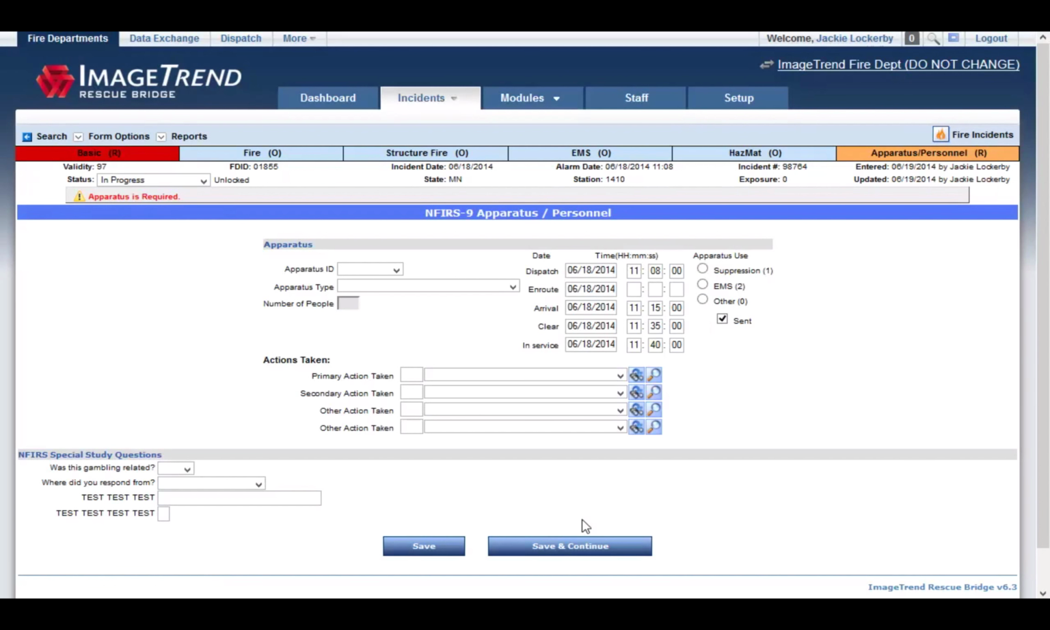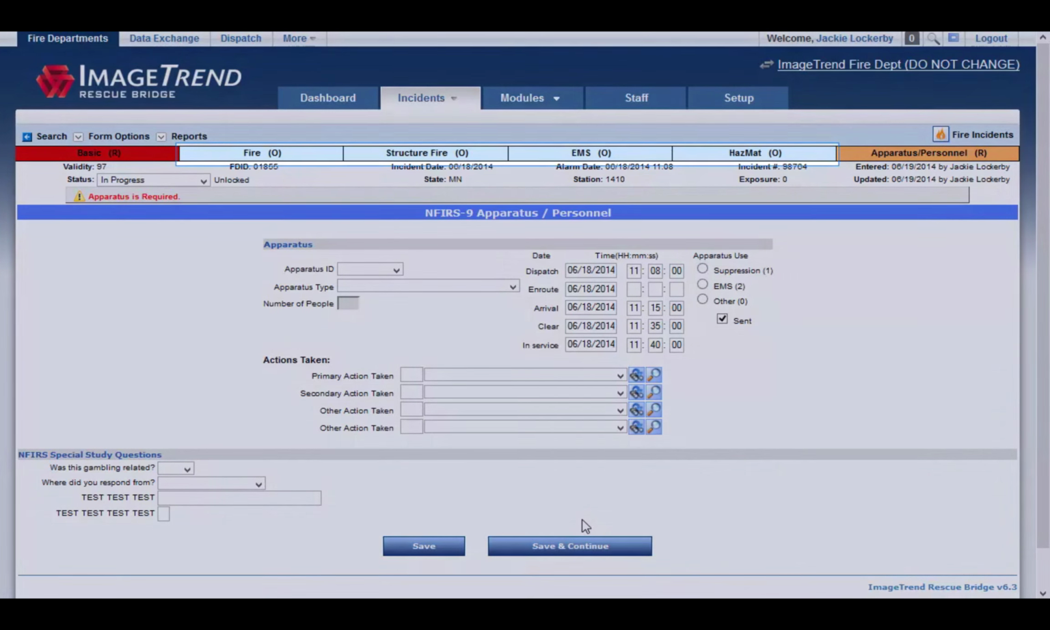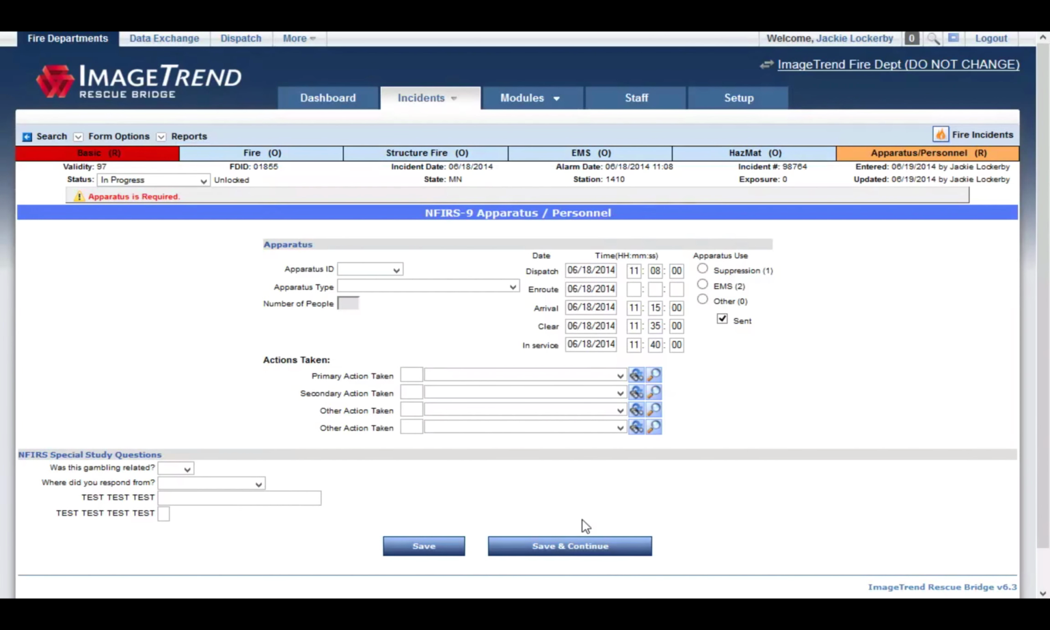Next, notice the colors here. The Basic tab is red because I left a few required fields blank when I saved. The middle tabs are blue because we haven't opened them yet, so even if there are some required fields, the system won't flag them